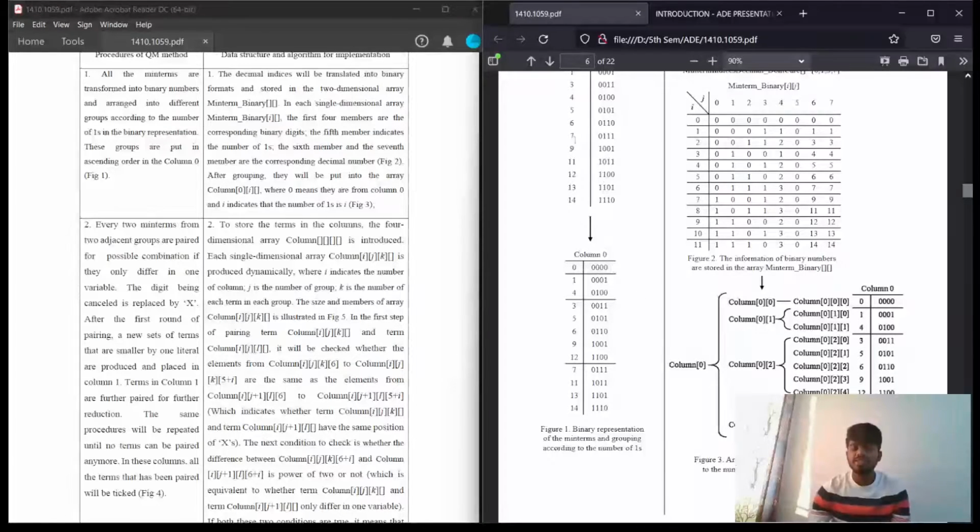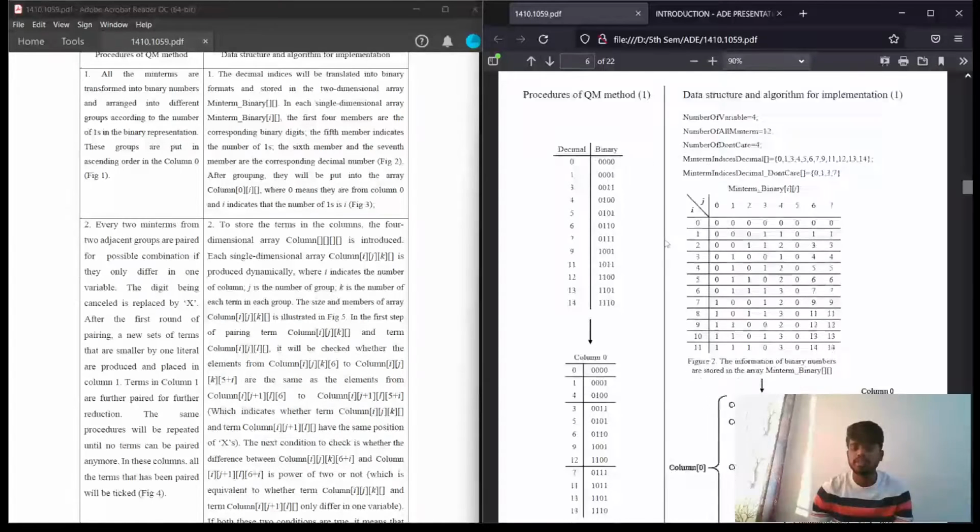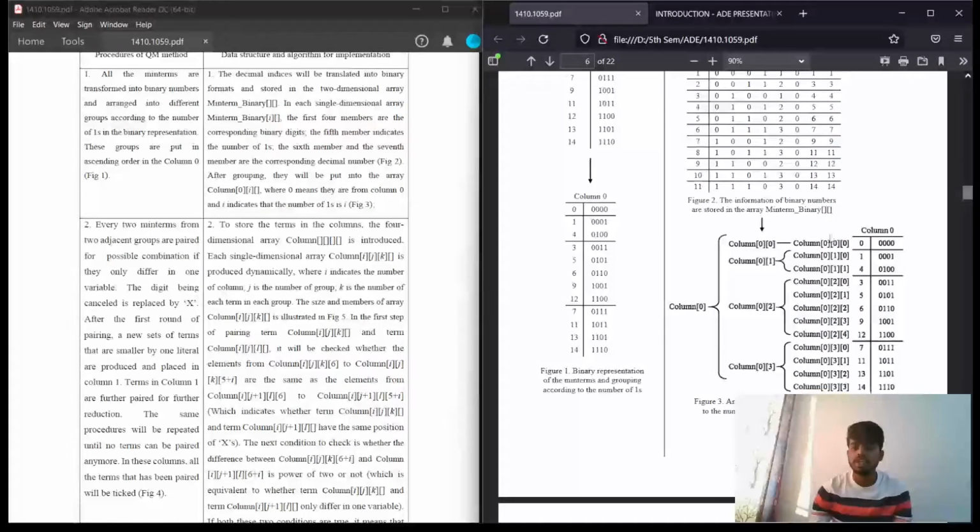So in the first column we are representing, see, this is the first column in the Quine-McCluskey method. So that's the corresponding column, the 0th column. And then next we come to the number of ones over here. The number of ones in this is 0, and inside this particular group, the serial of this is 0. And the same way, the number of ones is 1, and the 0th digit is 1, that's nothing